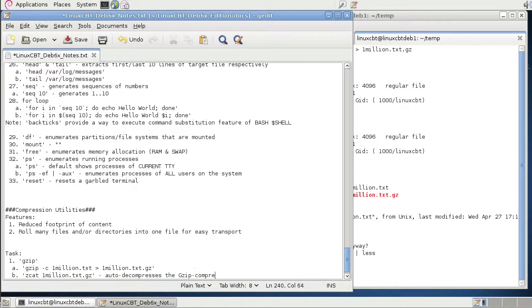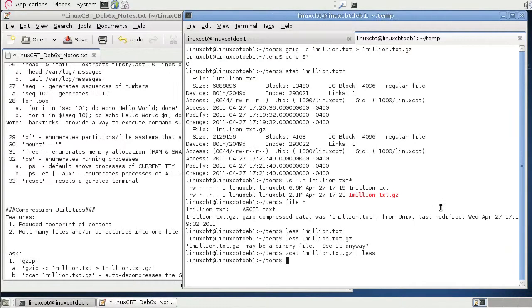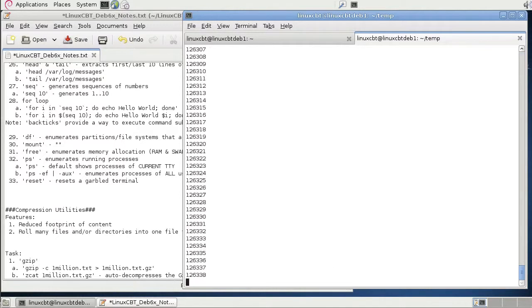compressed file on the fly, and it sends the output to standard out, so to stdout, which means if you use output redirection, you could use zcat to recreate the original file. So for example, zcat 1million.txt.gz dumps the standard out all the way through 1 million. However, if we break the process with Control-C and then re-zcat, notice the exit status is no longer 0,